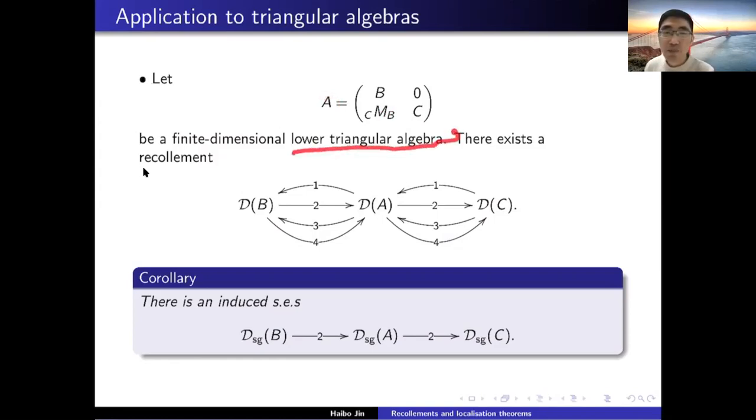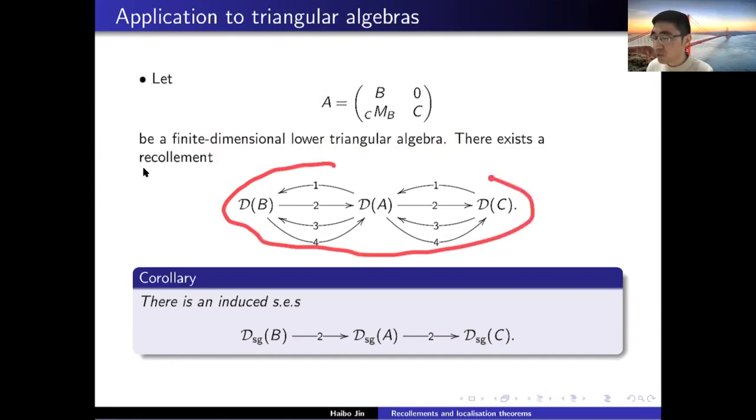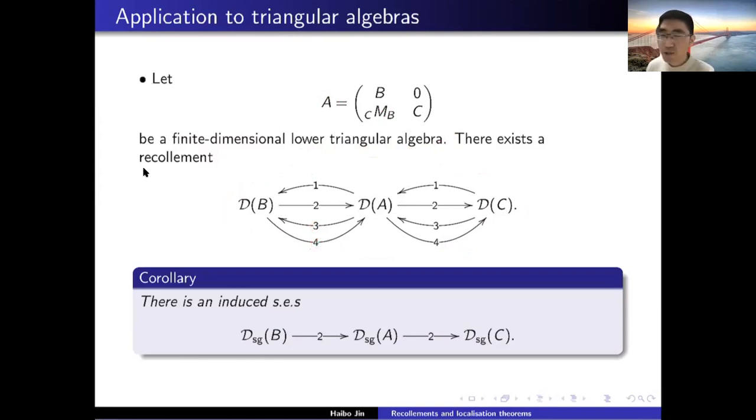This algebra has some nice properties. That is, naturally, it gives us a recollement of this form. So the bottom functor 3 has a right adjoint. Then it satisfies our condition we discussed before. So we get a short exact sequence of